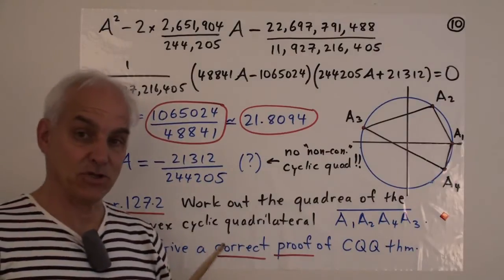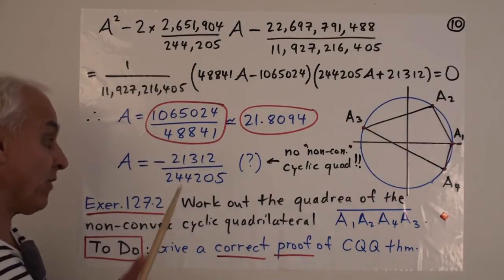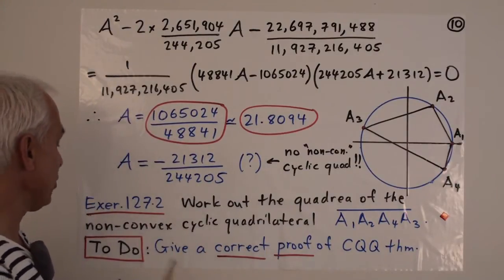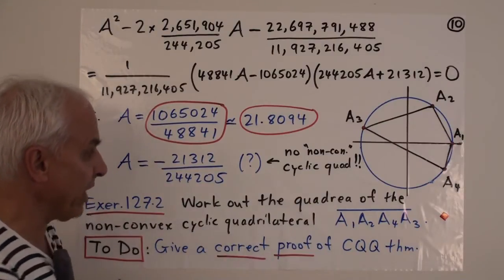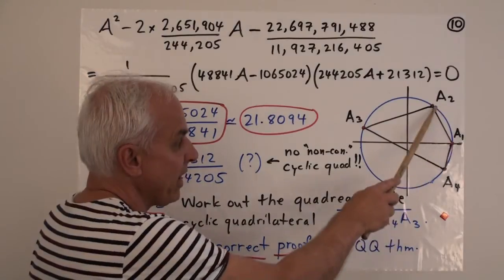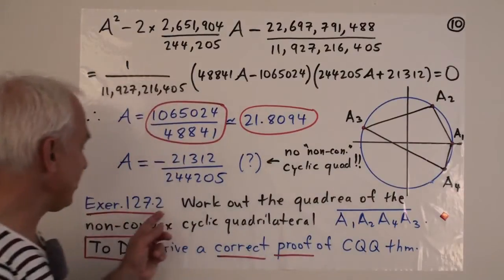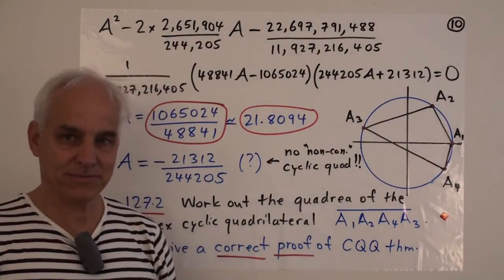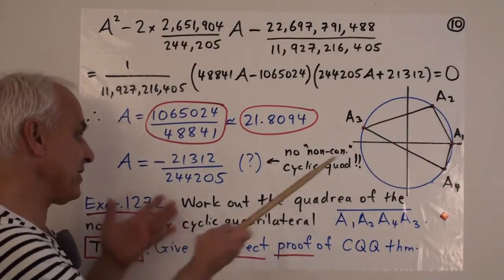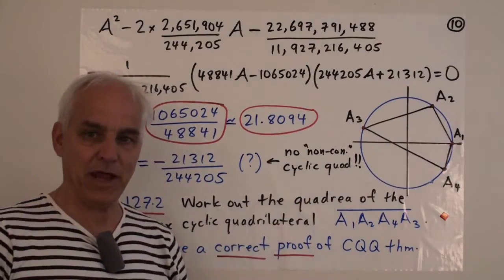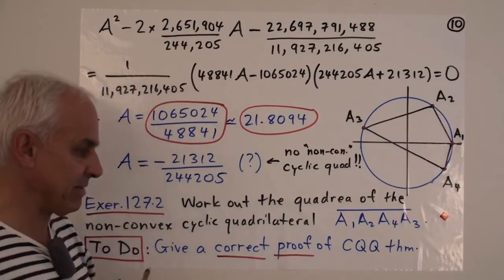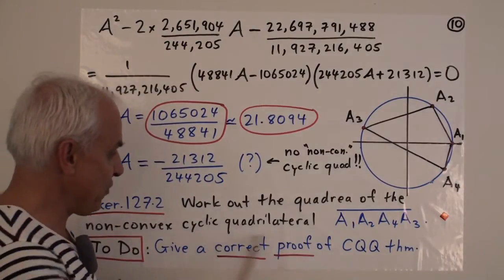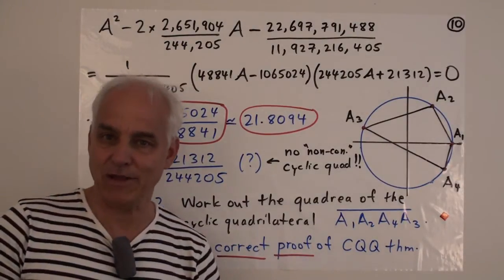So there's something else that we should do here. We should look at the analog of the Brahmagupta formula. So looking at a non-convex cyclic quadrilateral, we can try this one, A1, A2, A4, A3, and you might like to work this out as an exercise before I show it to you. If you like this kind of algebra, you have a computer there, you're happy to make some algebraic calculations, see if you can work this out and see if we get the same answers.